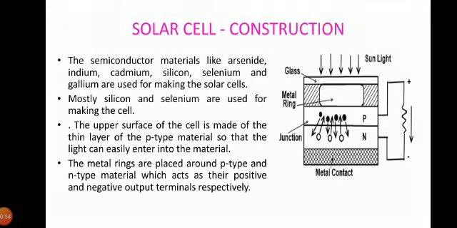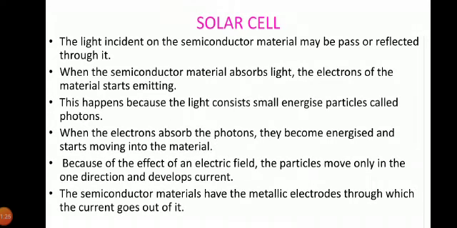What we see here is the construction of solar cell, and the materials used for the construction are usually silicon or selenium. The solar cell consists of P-type and N-type material, and the bottom surface is covered with a conductive coating, to which a wire lead is attached, as you can see in the diagram. The upper surface has a maximum area exposed to light, sunlight or any type of light, with a small contact either along the edge or around the perimeter.